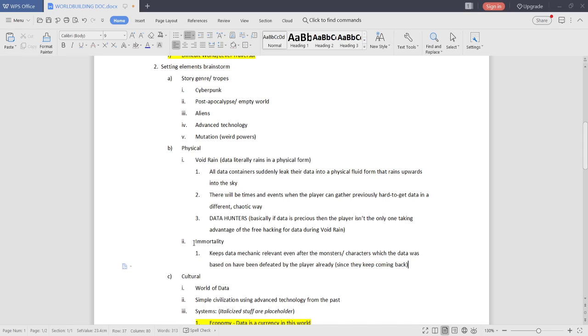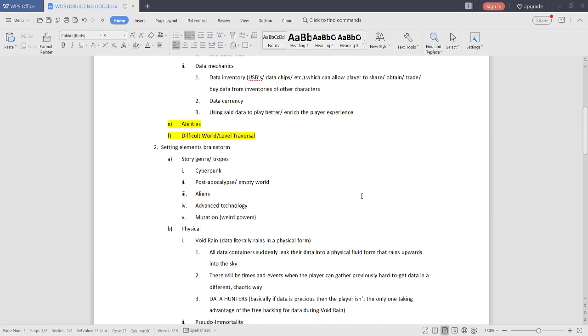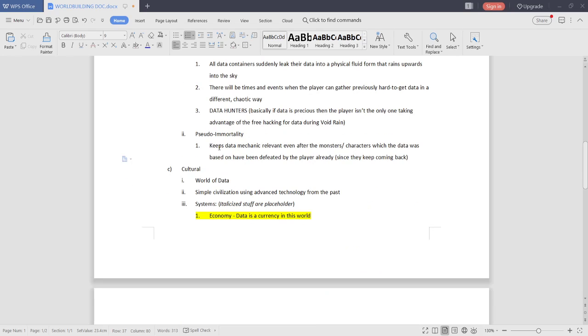Oh wait, let's rename this to pseudo immortality. I don't know the flavor of how the pseudo immortality is yet. Like, is it nanobots or whatever? Freaking quantum being the explanation for all things sci-fi. But the purpose of immortality in the game is what I'm looking for.